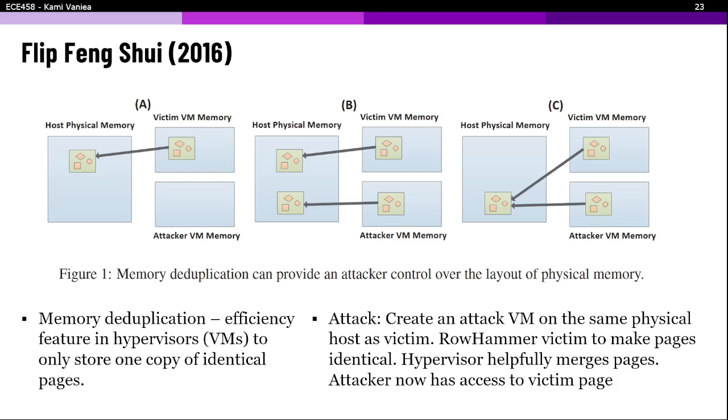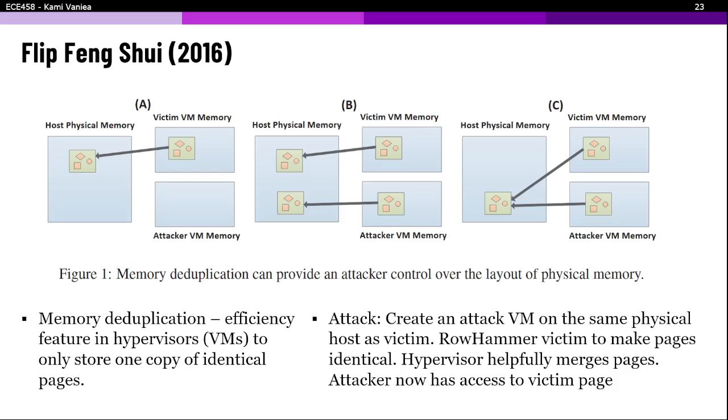So imagine, there's a whole diagram up here. We have the host's virtual memory, the victim's virtual memory, and then the attacker has some virtual memory. What we can do now is use Rowhammer to force the victim's page to look like ours.